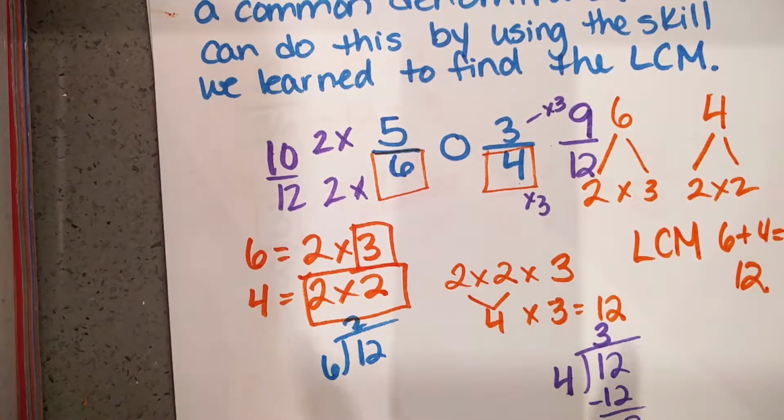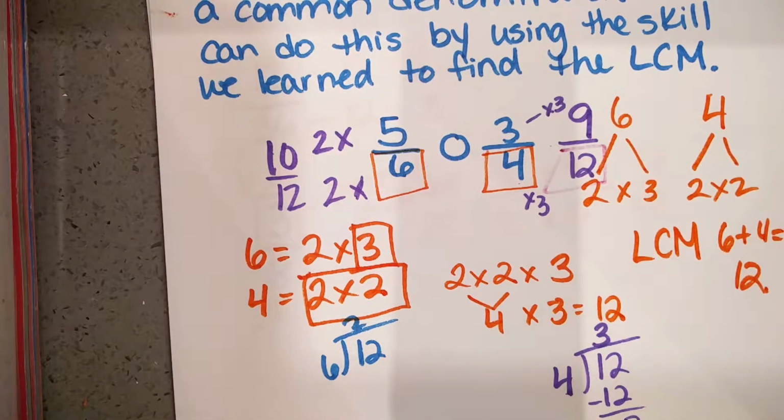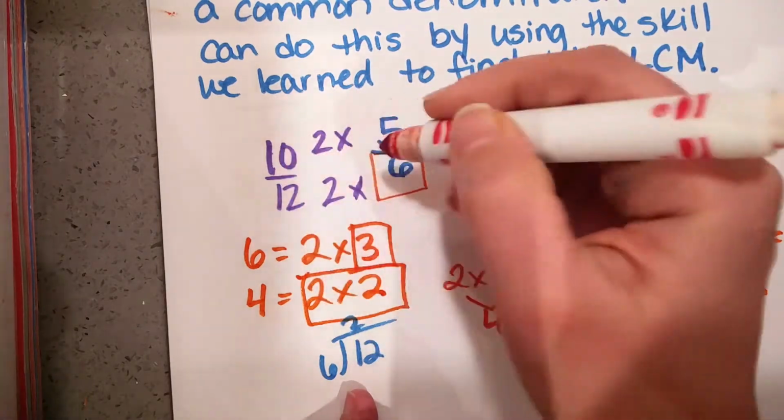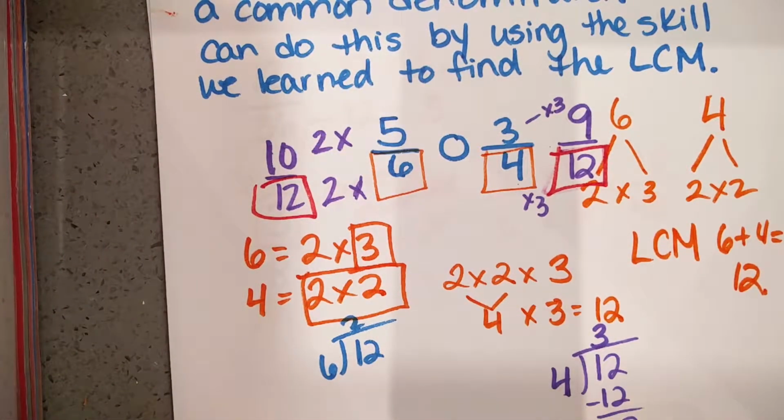So now I can go ahead and compare these two fractions because I look at it and I see now, well, that marker didn't work. I see now that both my denominators are the same. I've made equivalent fractions out of the two of them so that I can have